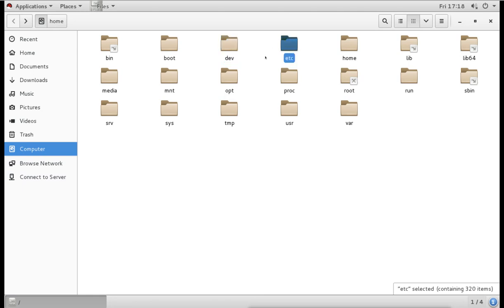Then we have this directory called etc. This etc directory stores all the configuration files. Remember I told you that Linux is a file based operating system. That means if we want to make any changes or configure anything in Linux, the easy and simple way is to change a file.